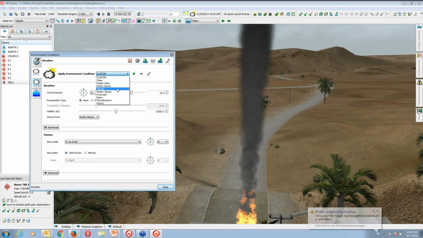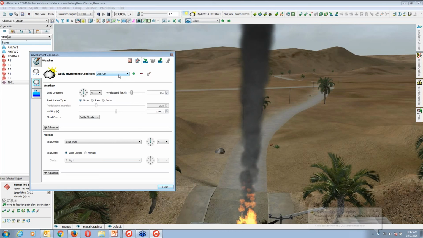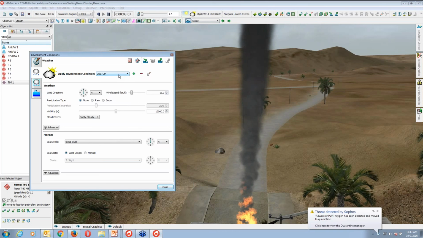So it depends, like if it is raining or snowing. If earlier, before rain, your visible distance is 50 meters, after raining it will become less. Only within 30 meters you can see. So all environmental effect conditions also affect your platform and entities. I'll pause the scenario.